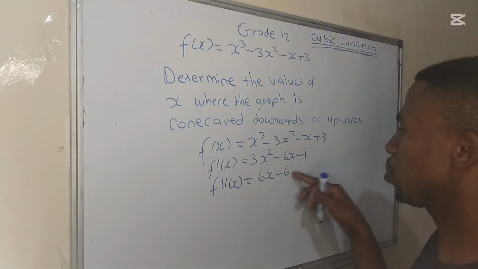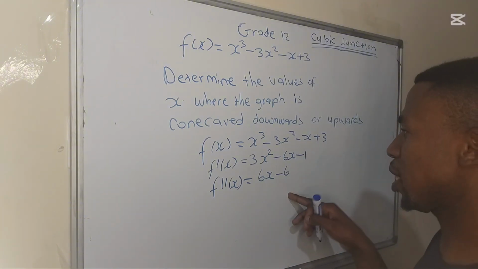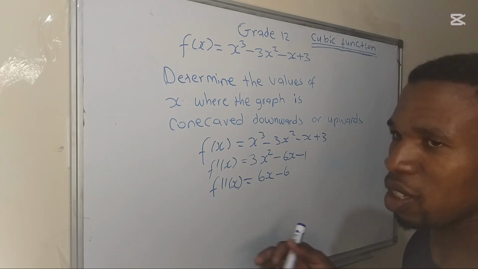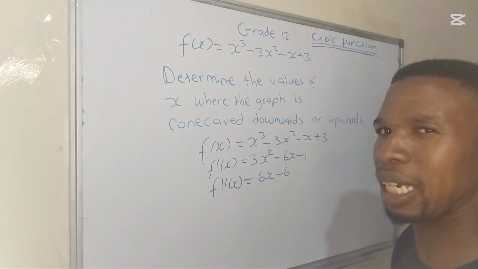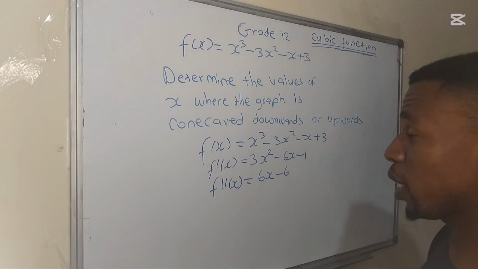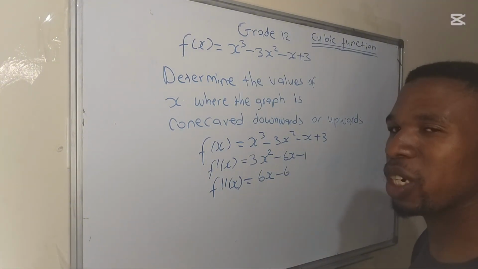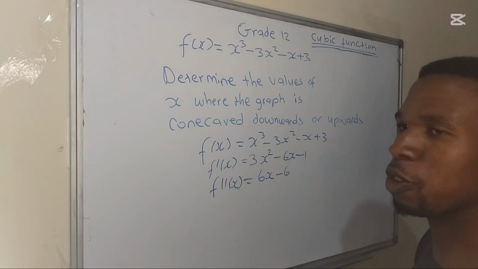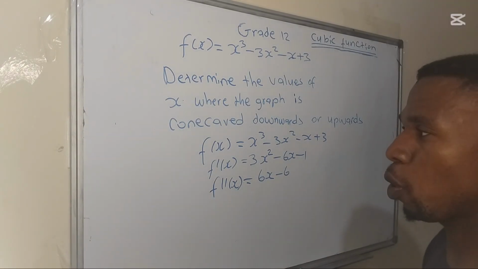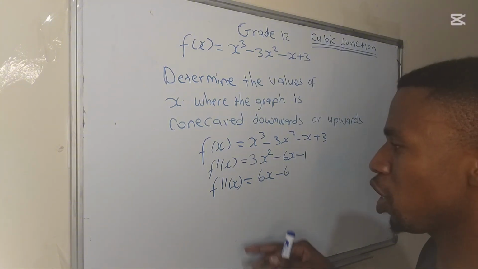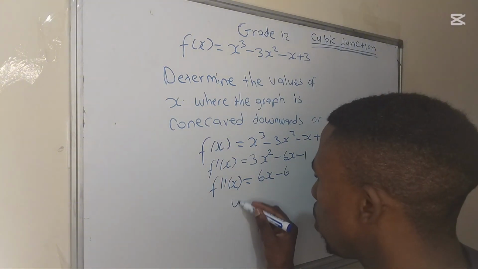So meaning that we are going to be left with minus 6. What about this one? Whenever you derive, a constant automatically becomes 0. So we are going to ignore that. Basically, we are not ignoring it. This minus 1 is not being ignored, but it has transformed itself to become 0. So let's now equate our equation, which is the second prime equation, to 0,